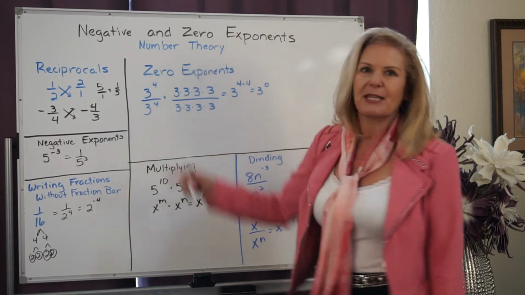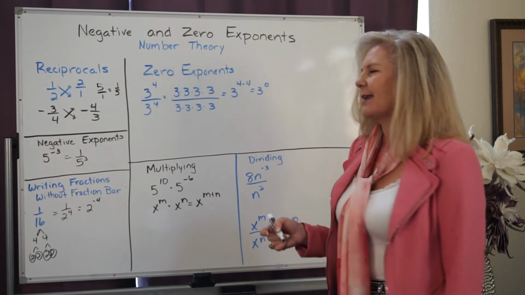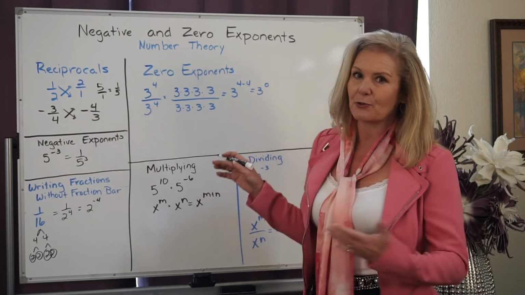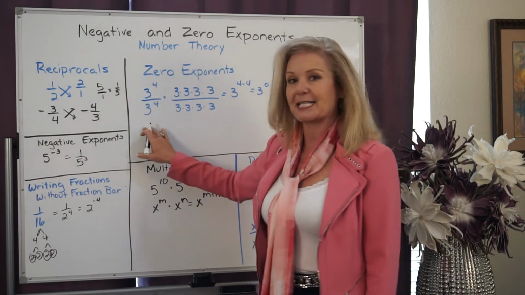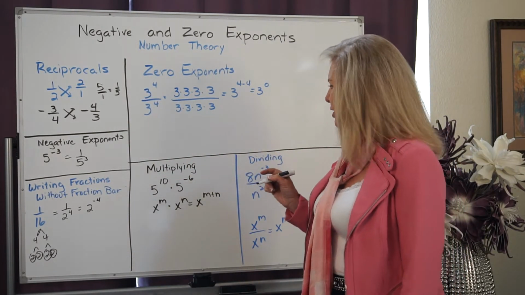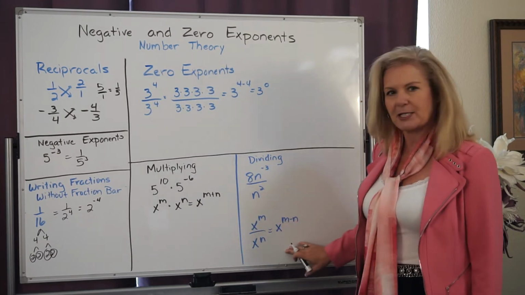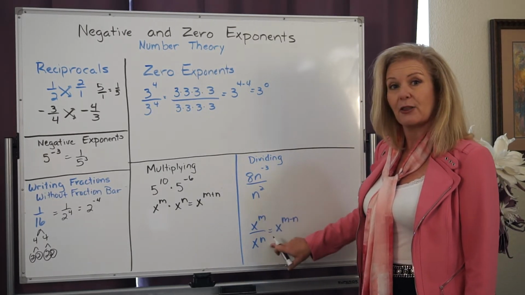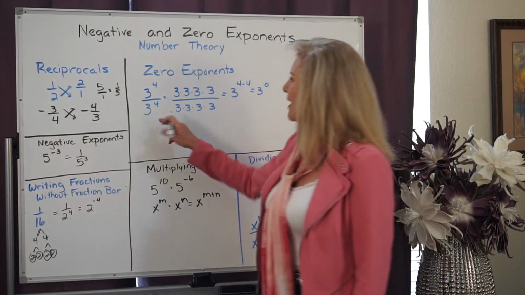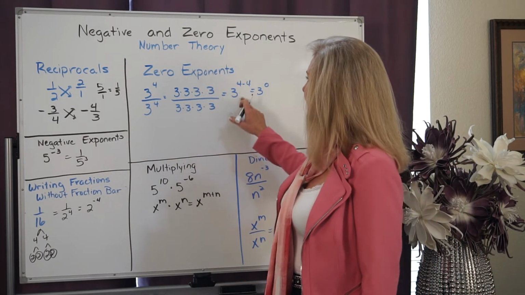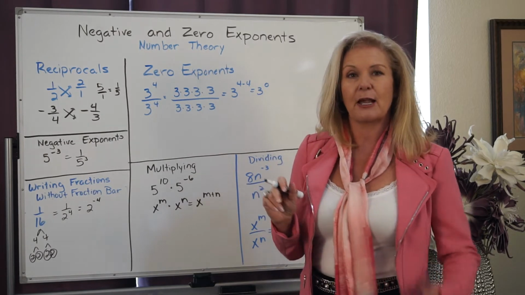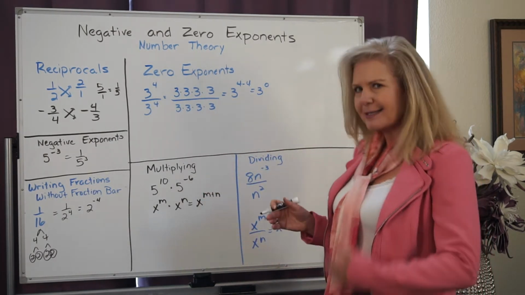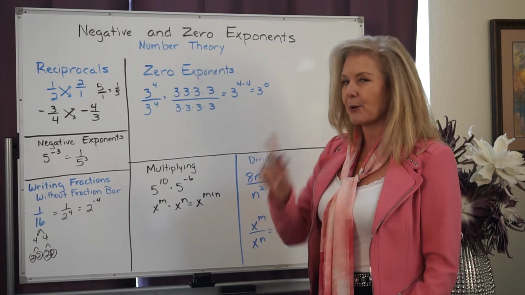Now we also have something called zero exponents. And the way that zero exponents work is we really go back to those rules of dividing exponents when they have the same base. So we know that when we divide exponents with the same base, we simply can take that base and we subtract those exponents. Well, if I take the base of 3 and I subtract the exponents of 4 minus 4, I come up with a 0 value. Well, lots of kids will think, well, then the answer is 0, but that's not what the answer is,